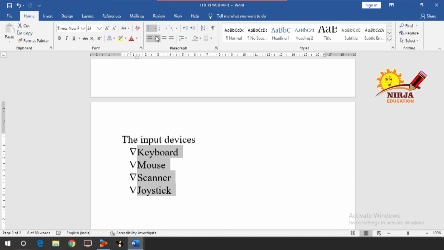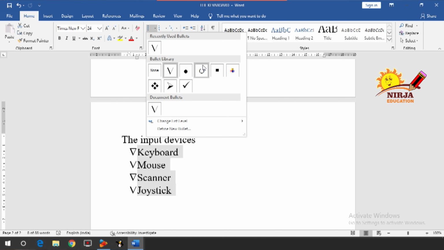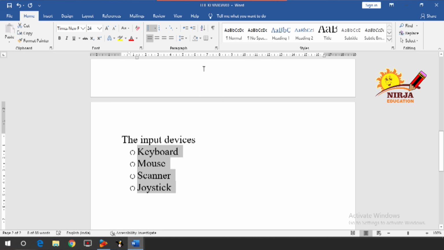Now what about the predefined bullets? So let us take an example of this circle and I am going to click on that. Right? So this is how you insert a bullet in your text document. Now if you place your cursor at the first position and select the bullets, you can apply bold effect to that so that it will look more beautiful, as you can see on the screen, right?